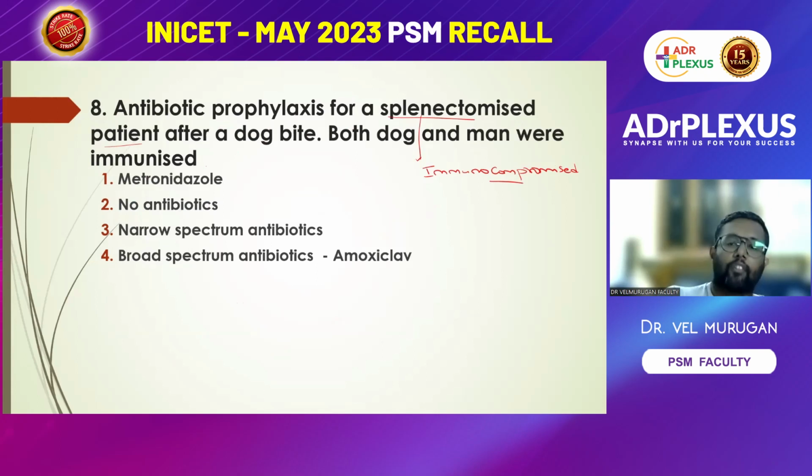See, for the dog bite, most of the students will think it is mostly anaerobic infection, tetanus, so we can go for metronidazole. You may think no. Mainly we have to think: it is a broad spectrum antibiotic we have to give. That is the word given in the guidelines. In the guideline, they have given a broad spectrum antibiotic if needed.